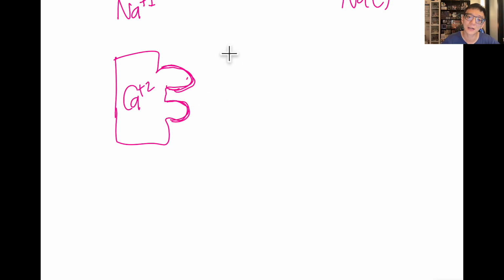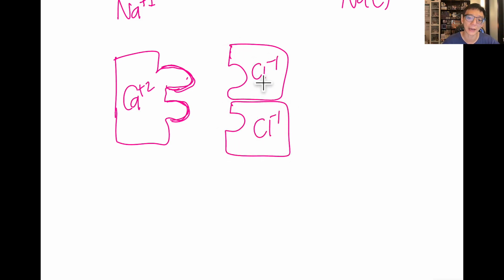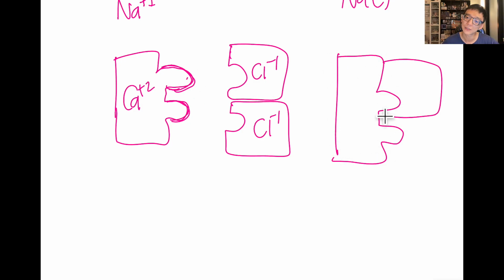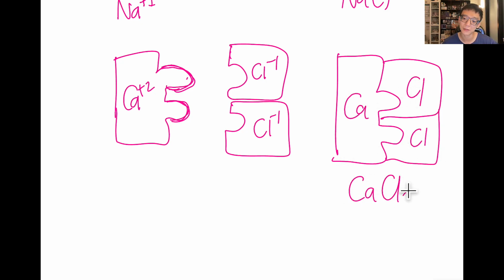And from the previous example, you know that Cl is -1, so you know that the shape of Cl -1 is something like this. So we would need 2 Cls in order for the puzzle piece to be complete, so that it will be something like this. This is the first Cl. So it will be Ca, Cl, and Cl. Shortly said, it will be CaCl2,